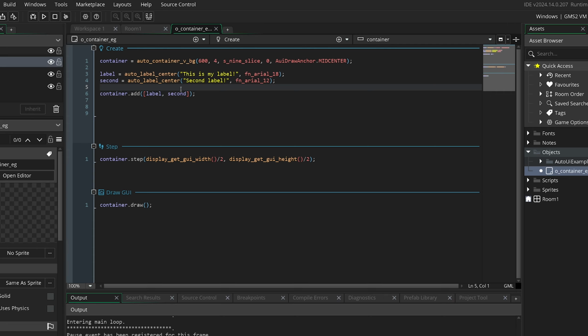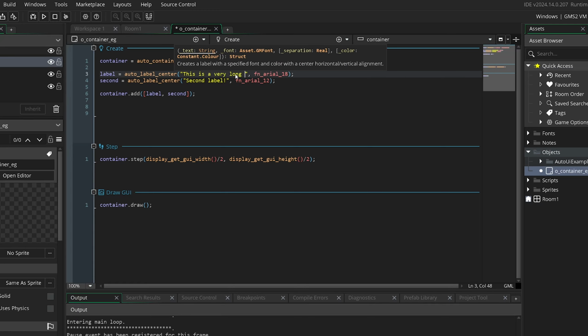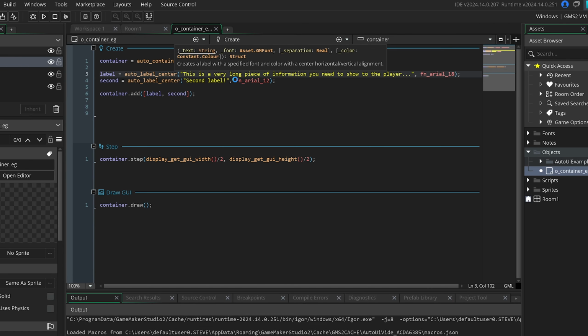So I'm going to use the same object that we created in the container example and just go over some of the useful label features. One of the main things that I wanted to do with this was to include auto word wrapping when adding these labels to a container. So if you have a very long piece of information you need to show to the player, when you run this,